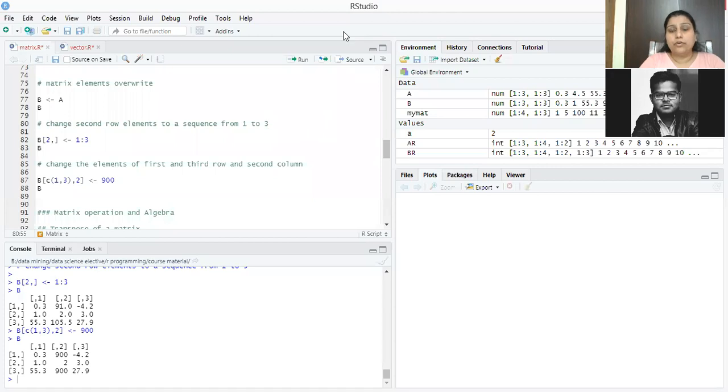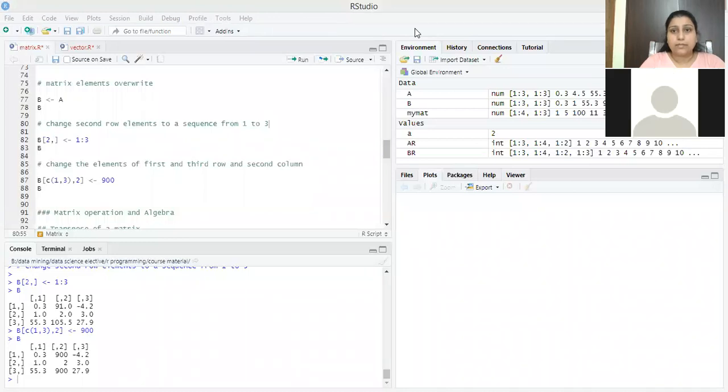Now I will unmute all of you so that if you have any query, you can ask. Is there any query?